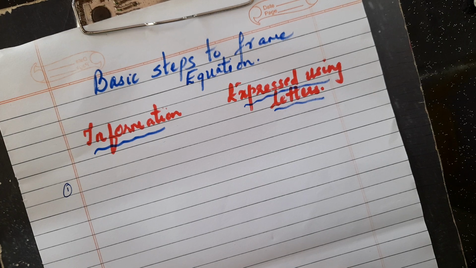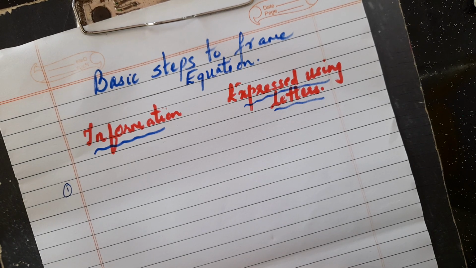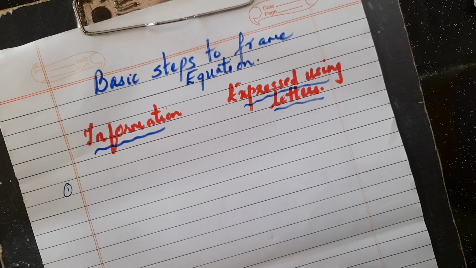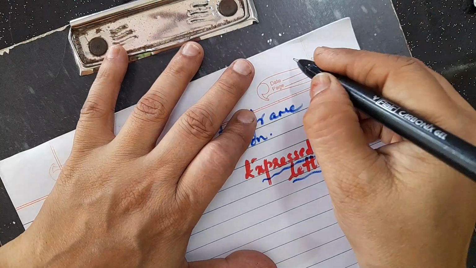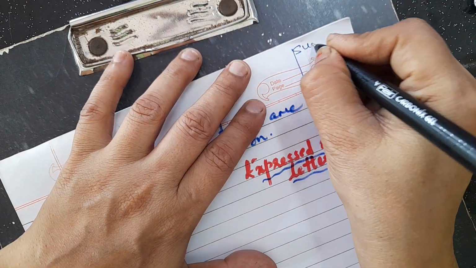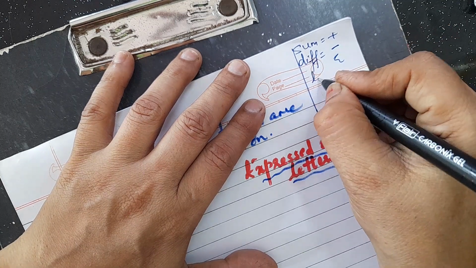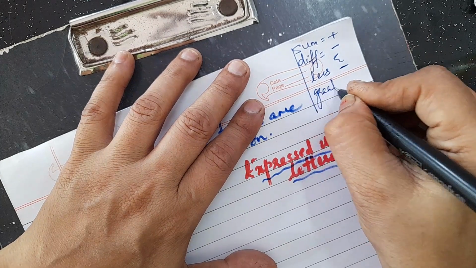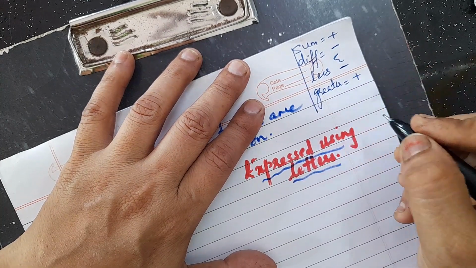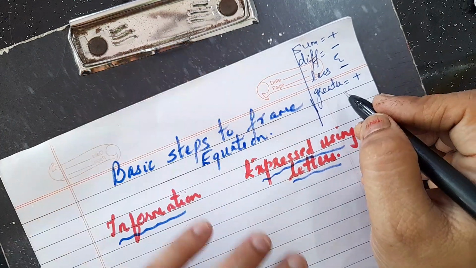Now the very basic thing you just keep in mind children, that in maths sum means addition, which you already know. Difference means minus. Always remember, sum means addition. Here I am writing it so that you can keep in mind what is meant by sum. Sum means plus. Difference means minus. Again, if the term comes less, that also means minus. If we come across the word greater, that means plus. Clear? So these are some terms which you should be familiar with.